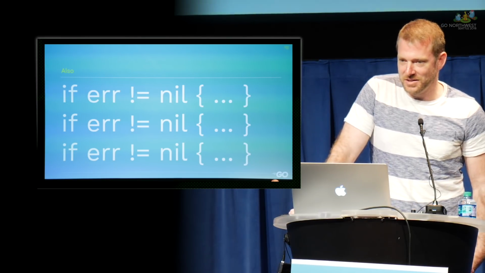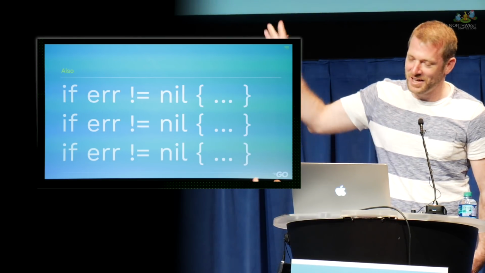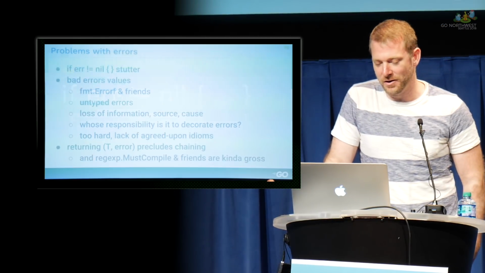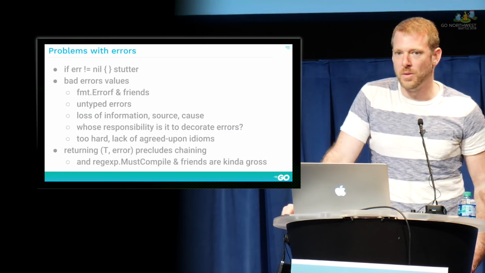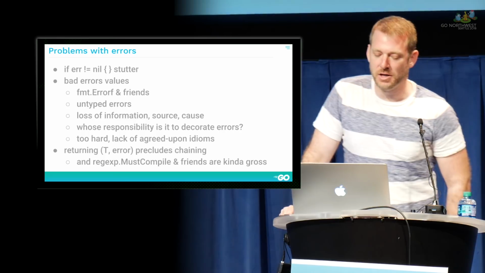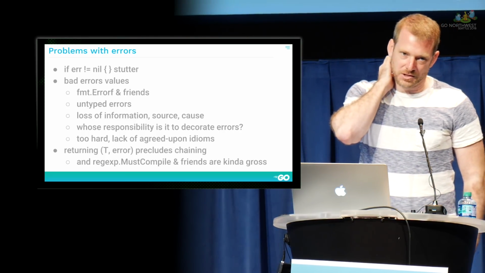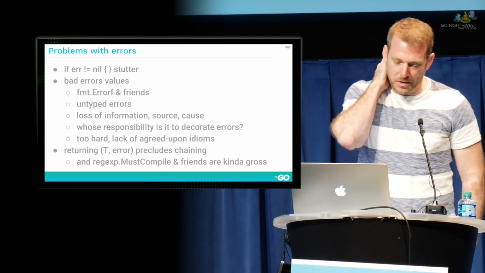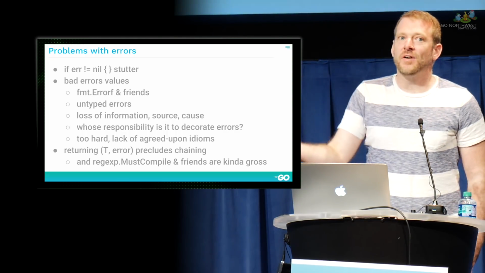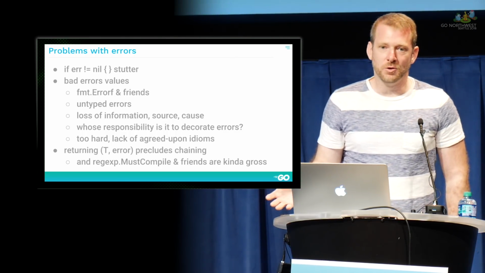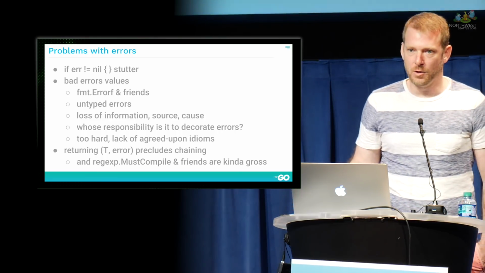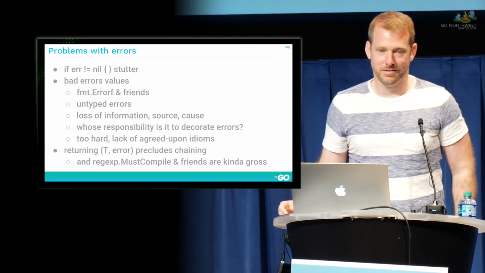So, other top complaint is people don't like Go's error handling. This is the one you see people complaining about on the internet, but there's other error problems in that a lot of the error values that people generate are pretty terrible. fmt.Errorf in particular is a good way to create a pretty crappy error message. I mean, it's a fine error message, but it's a bad error value because you can't really ask a fmt.Errorf error any questions. Like, are you temporary? I'm a string.